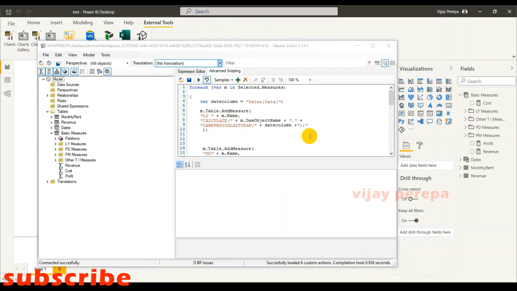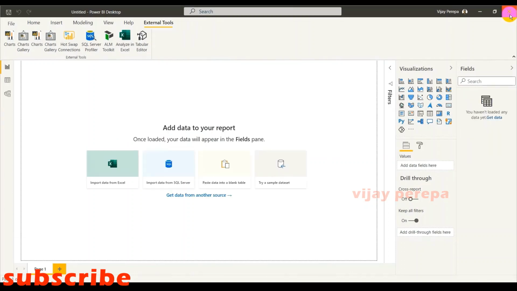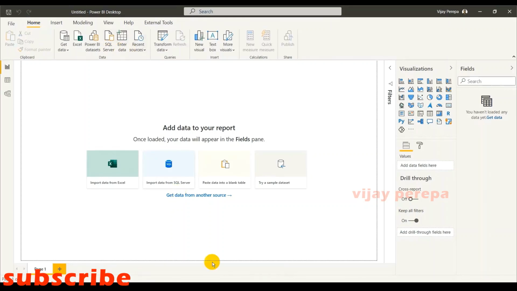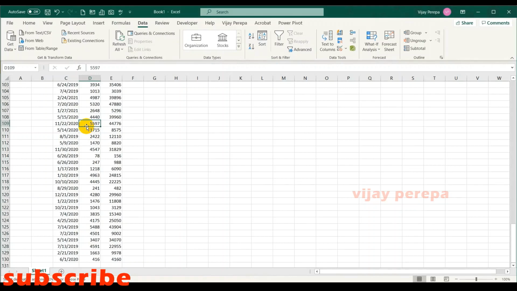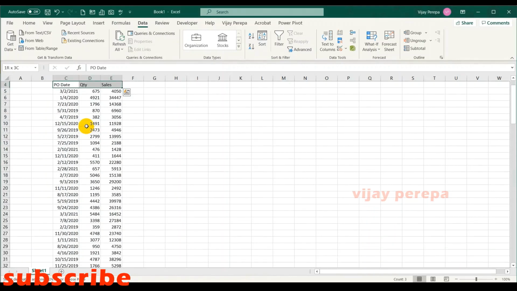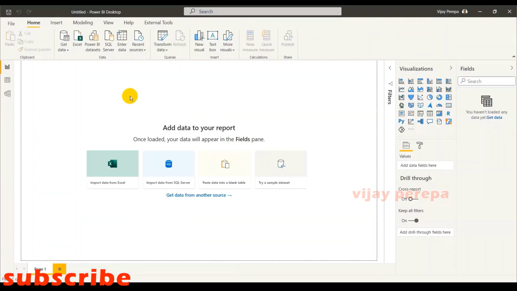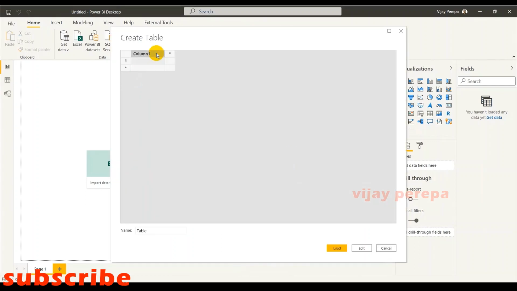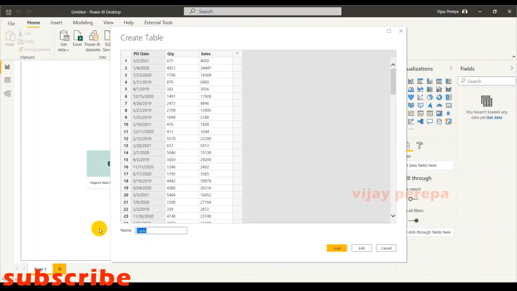Before concluding this video, I would like to show you how to create the same set of measures on a different data set using the same code without doing any changes. So let me close all of them. I don't want to use them now, but I have created a new Power BI Desktop file. There I'm just going to the Home tab, Enter Data. So I need to get some external data from Excel, different columns. Copy that and then Enter Data, paste it. Name of the table is data,